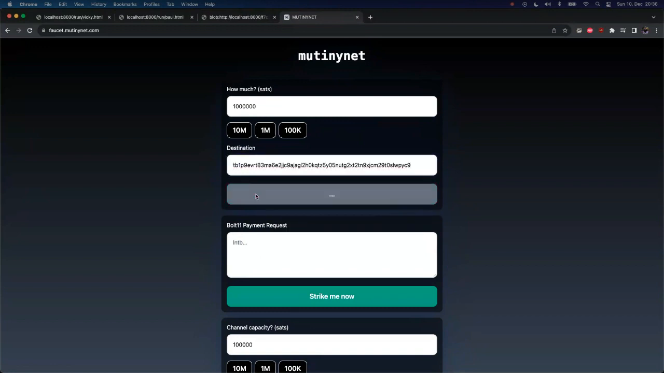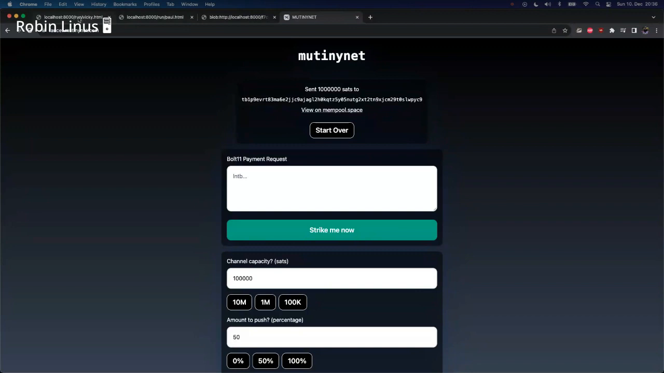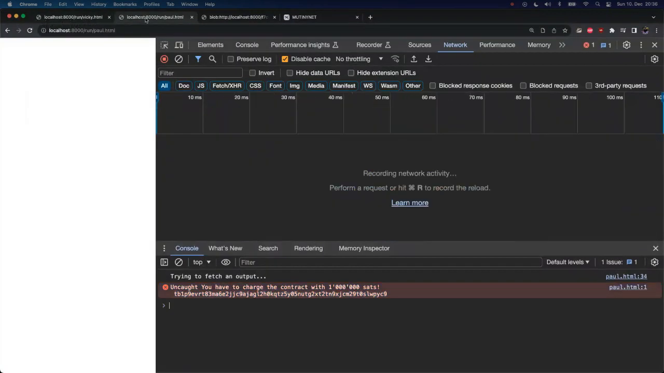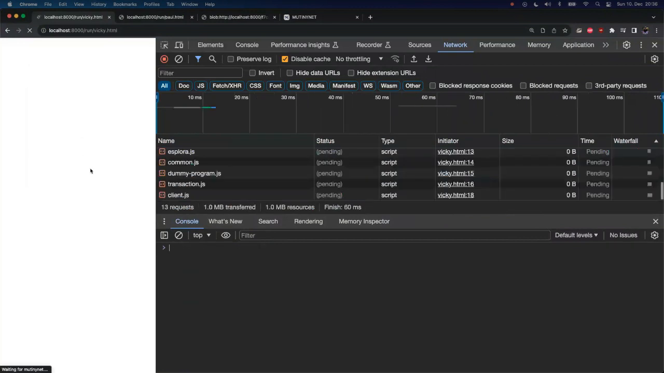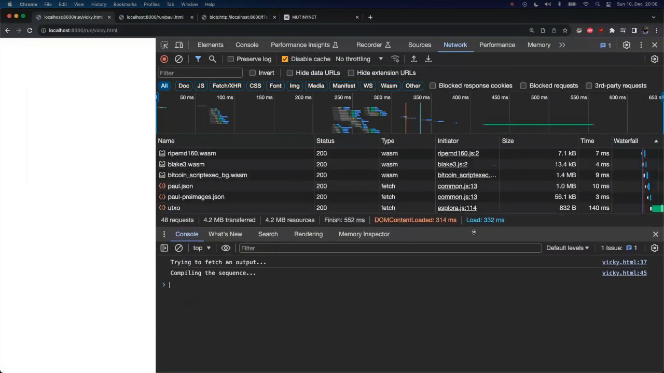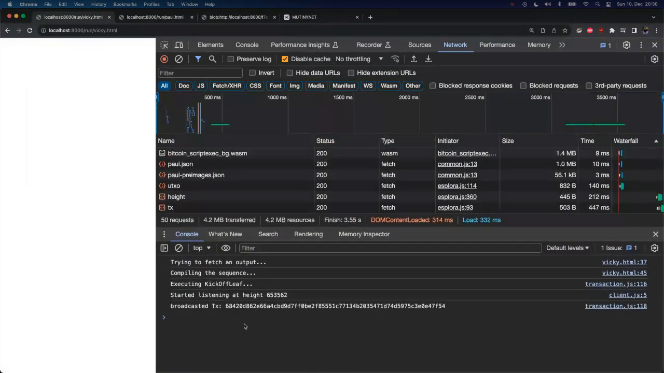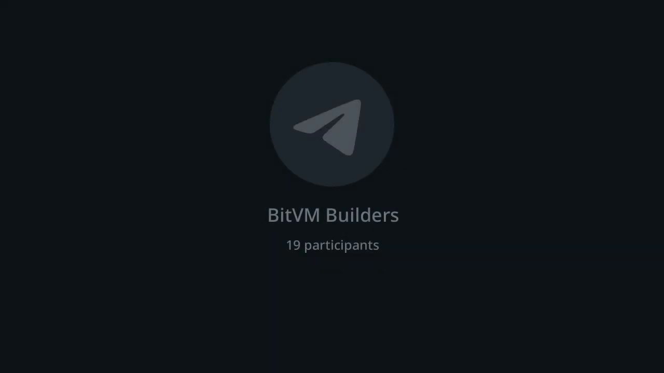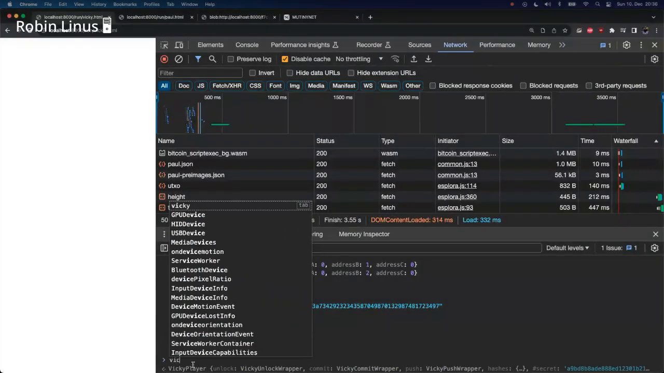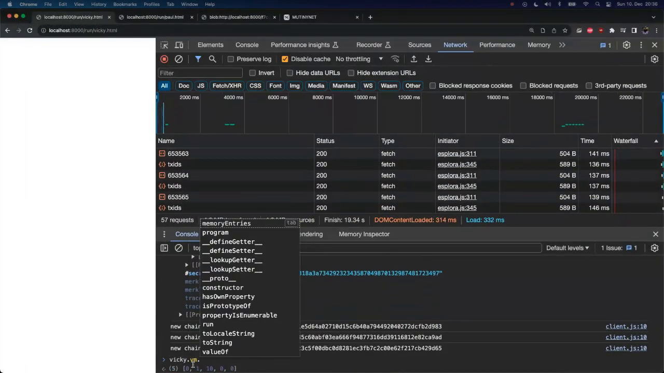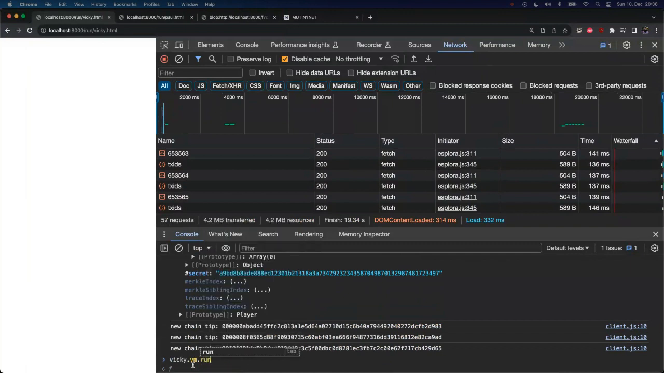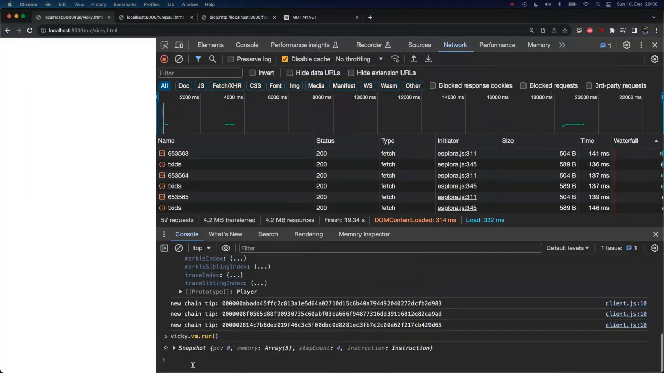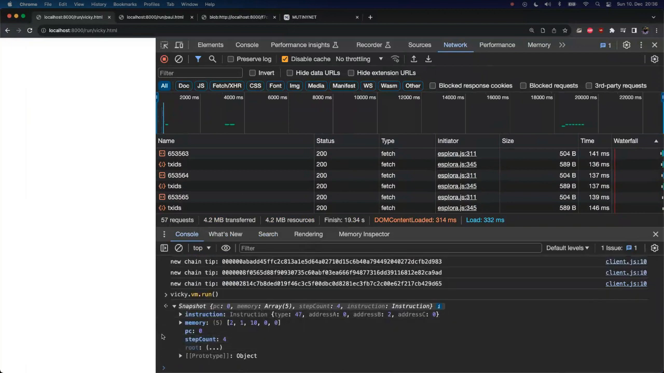I'll charge the contract quickly. Okay, and then we have to start Paul, and we have to start Vicky. And then she started. And now we can look into Vicky. And Vicky has a VM. And in that VM, there's the program. And we can call vicky.vm.run. And if we call it without any parameters, it runs it until the end. And then it gives us